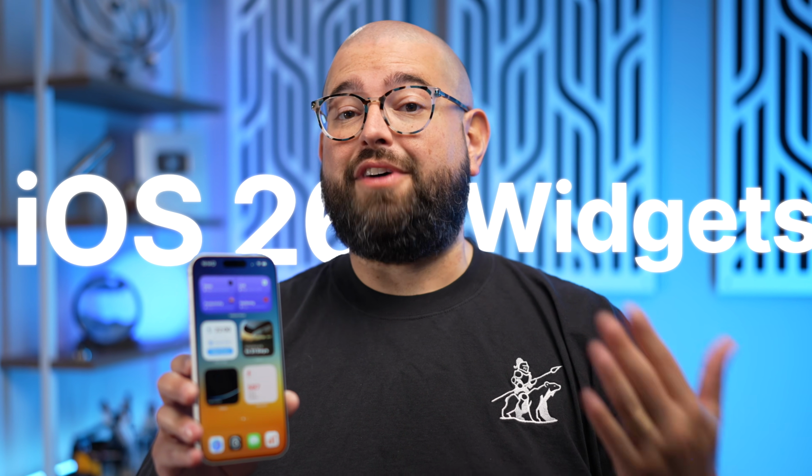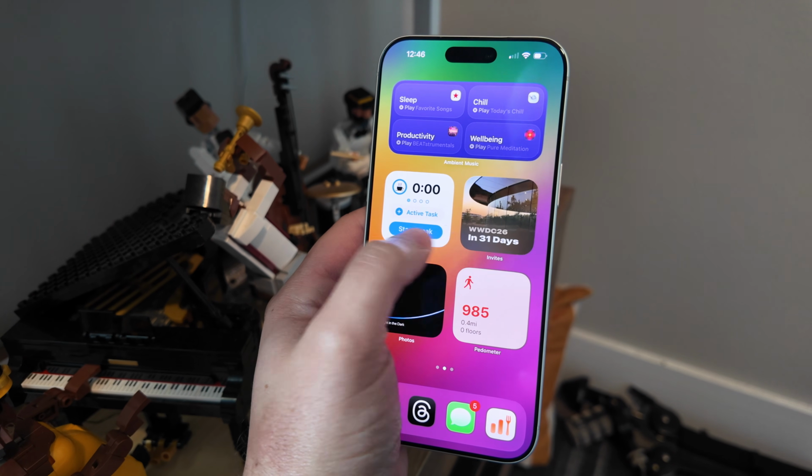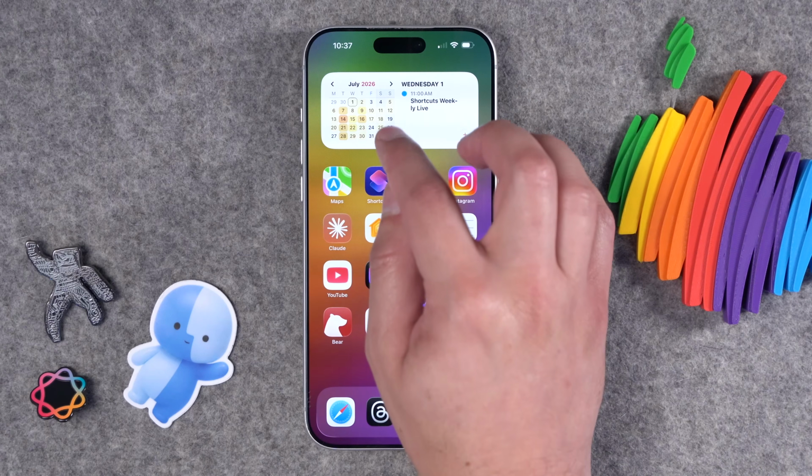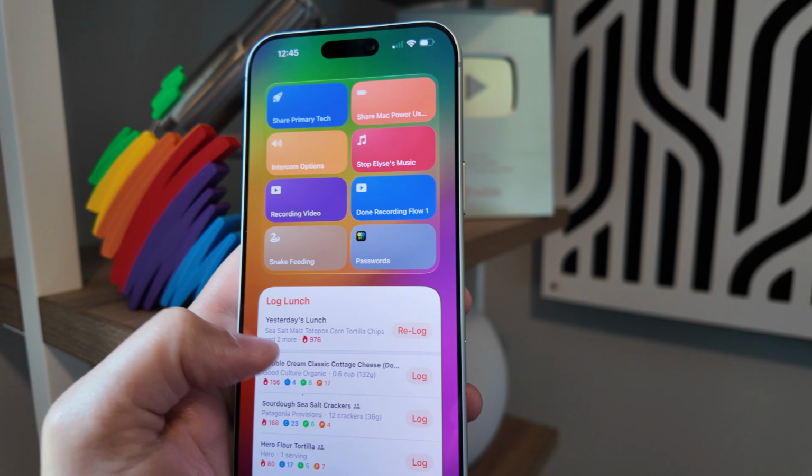I've been trying a lot of new apps, and ever since iOS 26, there's been lots of updates with new widgets and designs. Some of these widgets are from the apps already built on your iPhone, some are from third-party apps, and many are interactive, meaning you can tap, use, swipe around, and interact with the widget without ever opening